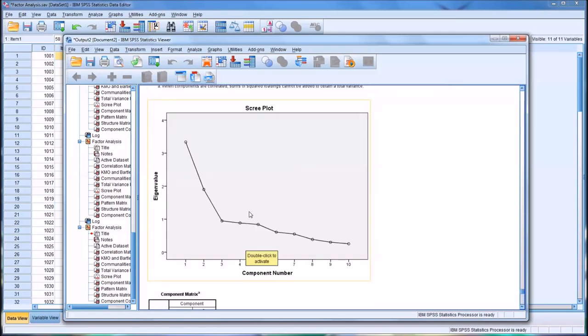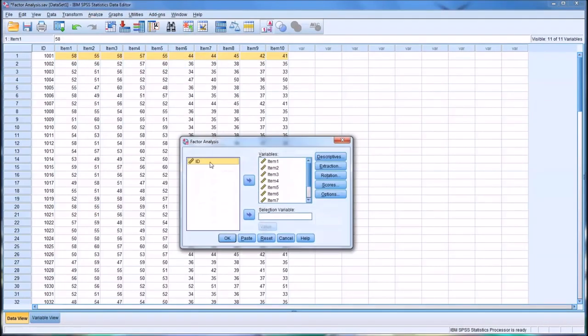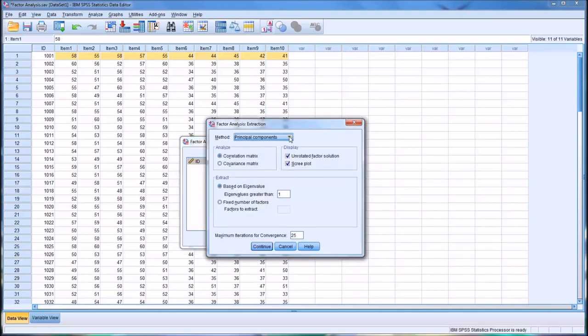So that's how you run a factor analysis and interpret results. As a reminder, if you look back at going through the analysis menu selection, here it is. Technically the method was principal components,